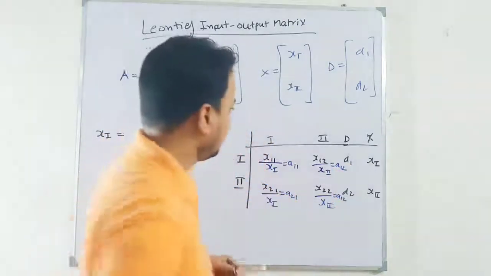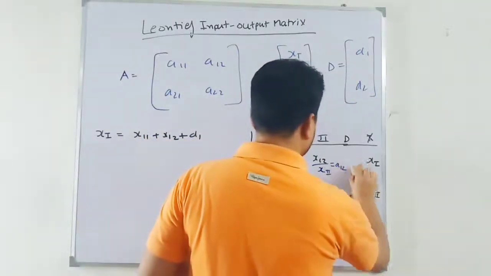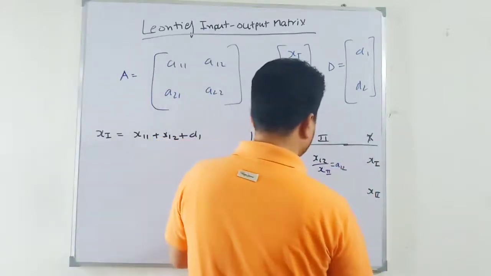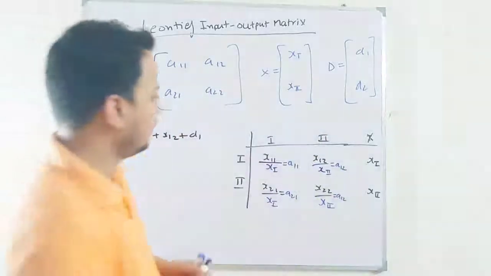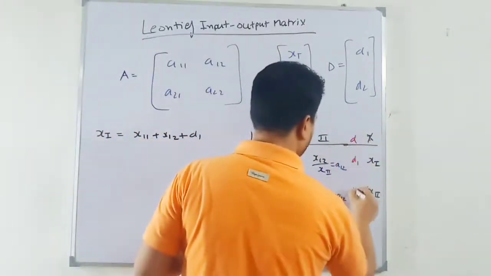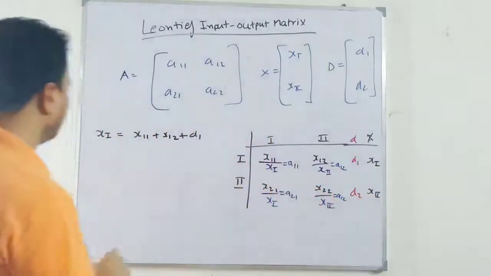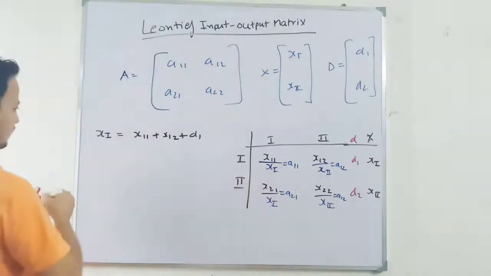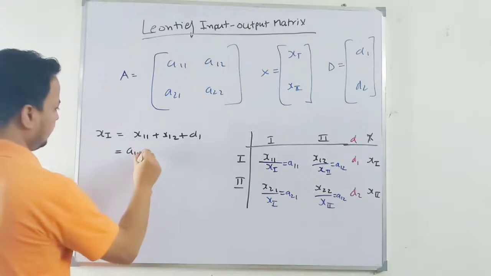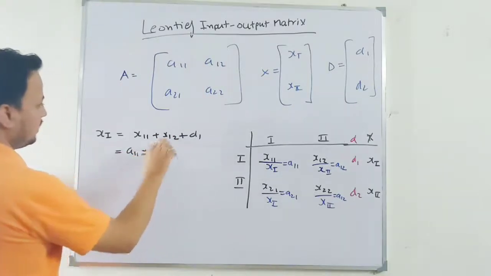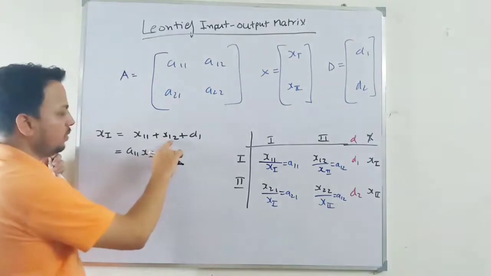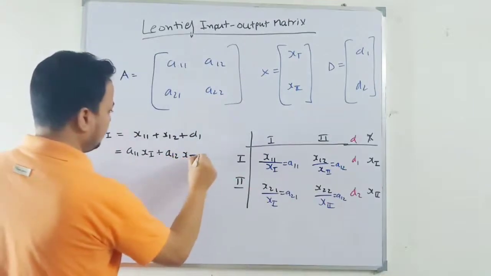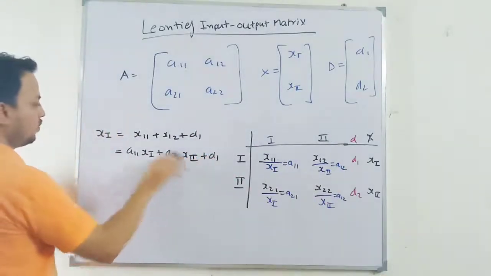Let me take out this demand and write it in. This is your external demand, D1, D2. So in the case of x11, what can I write? A11 into x1, right? Instead of this, the output demand of industry 1 by industry 2, I can write A12 x2, plus D1. This is the gross demand from industry 1.